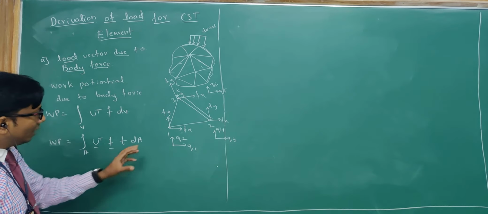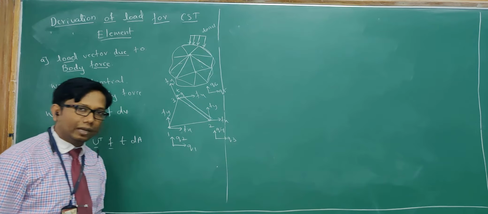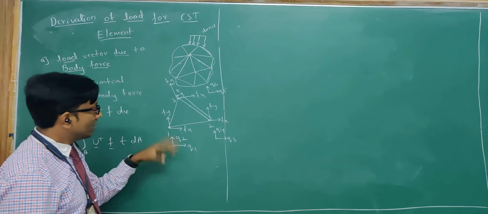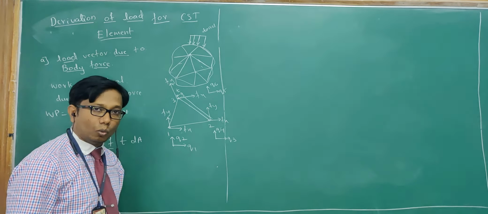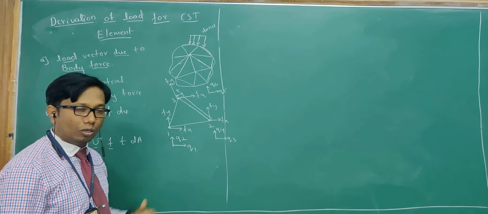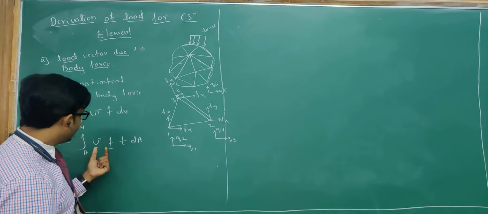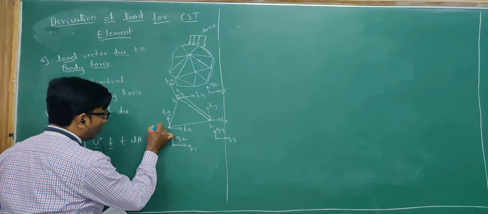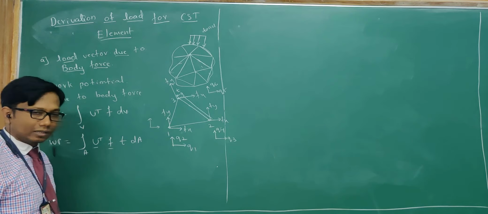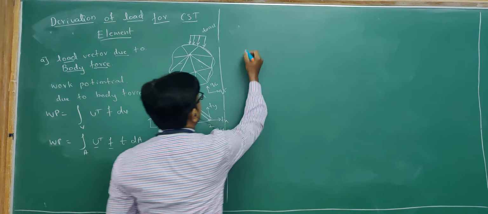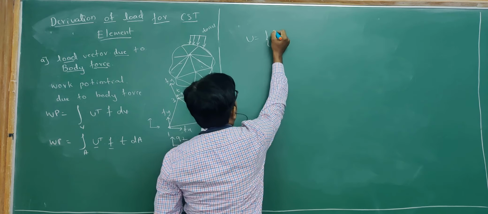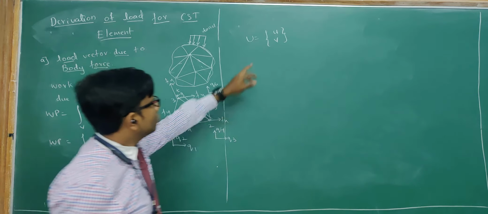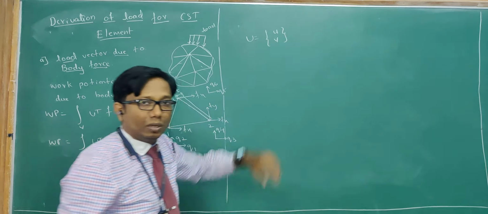So when I take this element, when it is going under deformation, what happens here is it is being subjected to two types of displacement. One is along the x-axis and one more is along the y-axis. So generally this U will have two components, which means that it can move along the x-axis and it can move along the y-axis. So U, I will be writing as a function of the parameters small u and v, which are displacement along the x-axis and displacement along the y-axis.